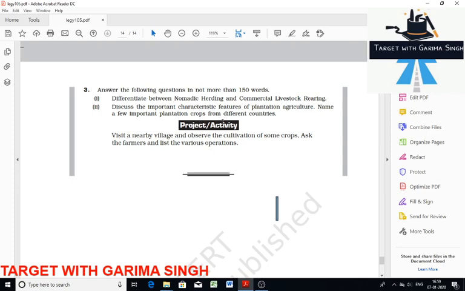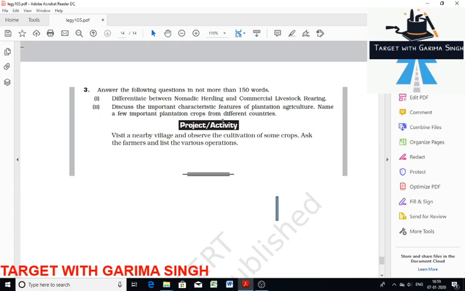Then monoculture, and it is a link between agriculture and industry. Important plantation crops: the French established cocoa and coffee plantations in West Africa. The British set up large tea gardens in India and Sri Lanka, rubber plantations in Malaysia, sugarcane and banana plantations in West Indies. Spanish and Americans invested heavily in coconut and sugarcane. Then the Dutch once had monopoly over sugarcane plantations in Indonesia.